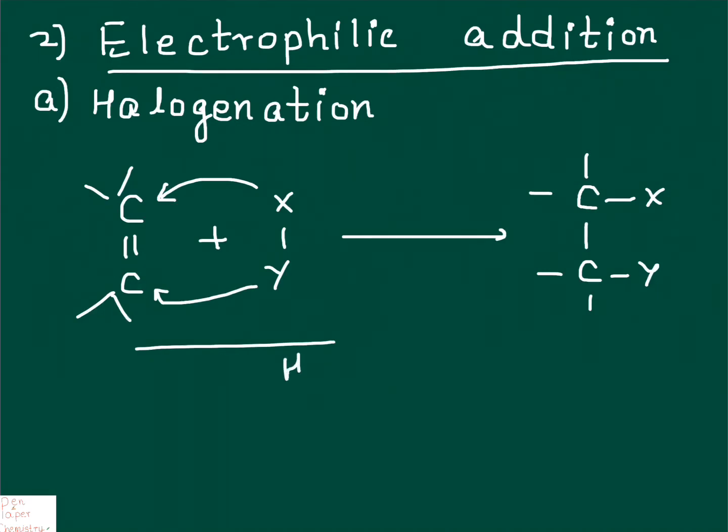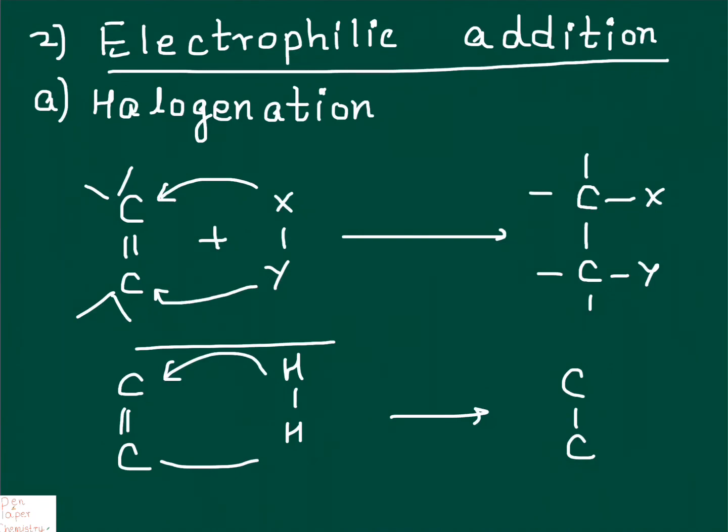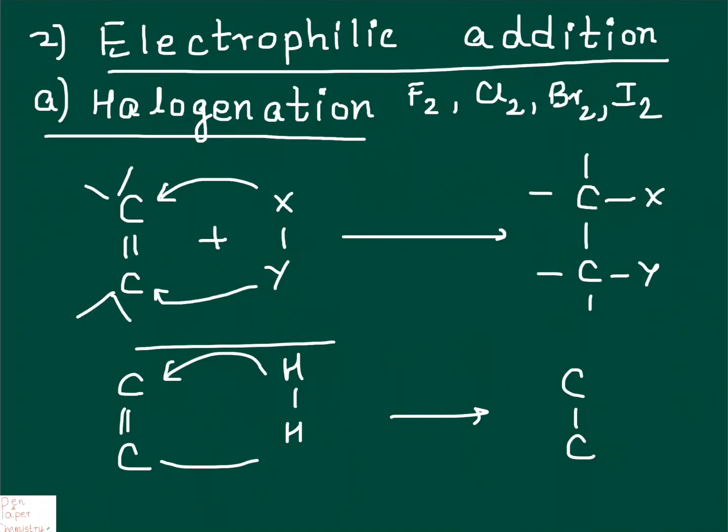So if I say I'll give you reaction with hydrogen, just take H, add hydrogen to carbon, add hydrogen to carbon, change the double bond to single bond, and you have the addition product. The first reaction that I am talking about over here is halogenation. What do you mean by halogenation? What are halogens? Halogens are compounds. Yes. Are they compounds? No, these are elements. Fluorine, chlorine, bromine and iodine, you have a separate column in the periodic table for halogens.